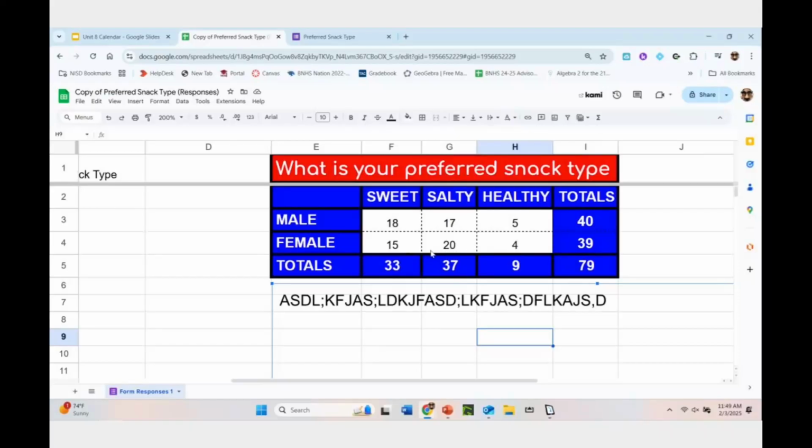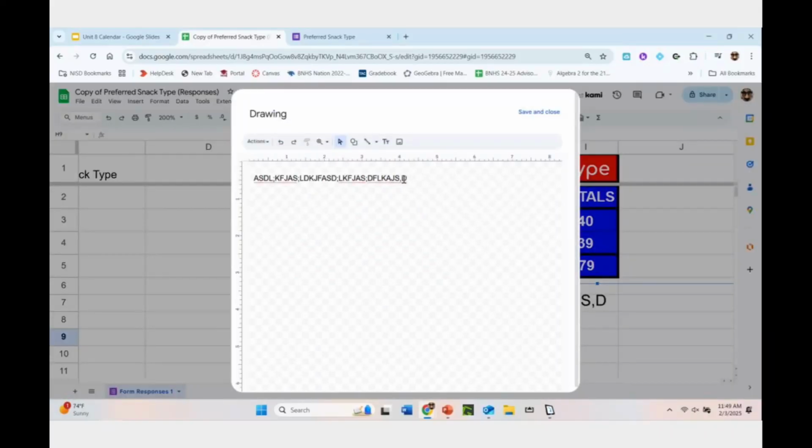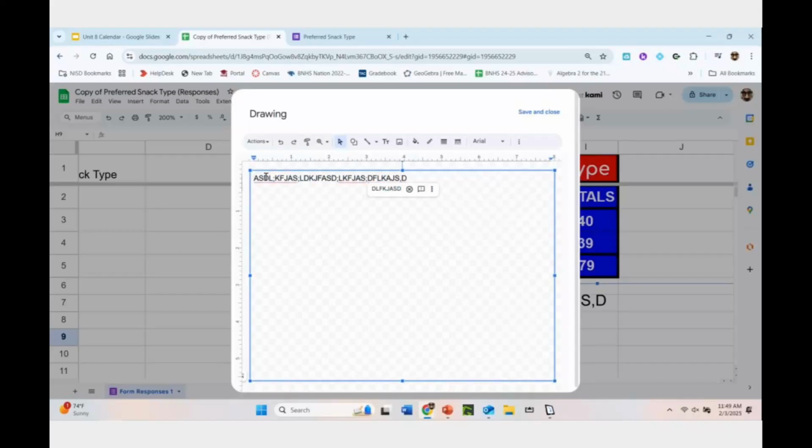Out of the females, more of them preferred salty ones. Out of the males, more preferred sweet, but not many. And then healthy was the most unpopular option on both of those. So looking at our data, we can say something like our data suggests